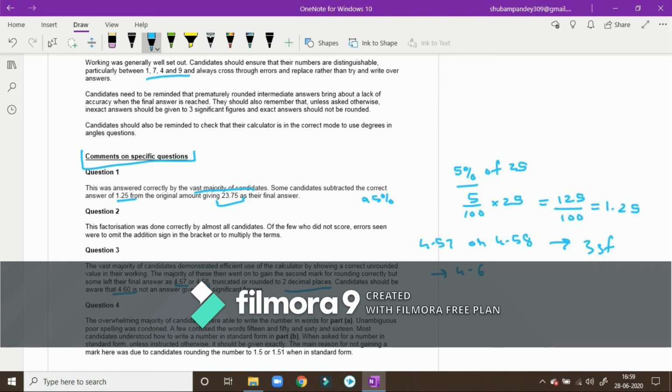So these minuscule details no one will tell you. If you on your part had directly written 4.6, you wouldn't even have noticed that there are so many places where you could have gone wrong but you didn't. So for me, if you ask me, after reading the examiner's report, you'll actually get to know what all errors you could have made but you didn't, or even if you made those errors, whether you were the only one or a majority of students were getting trapped there.